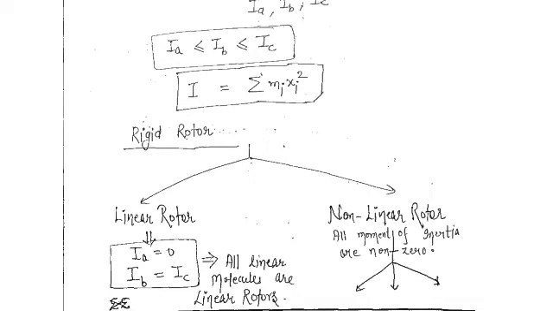So in all three directions the moment of inertia would be there. It means that all the moments of inertia I have written here are non-zero, so in all these directions the moment of inertia contains some certain values. Alright.